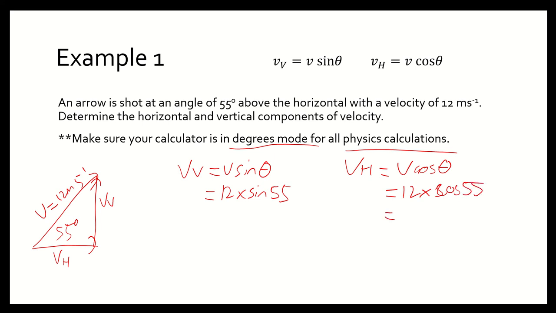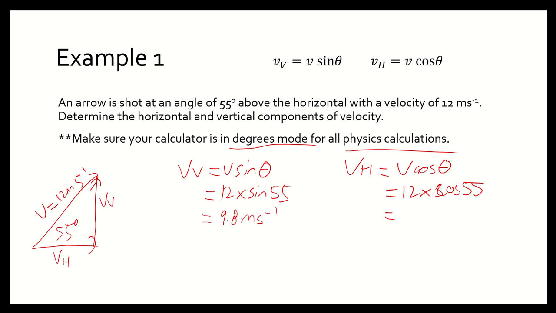If you type them into your calculator, just to check that you've got it in degrees mode, 12 times sine 55 gives me, to two significant figures, 9.8 meters